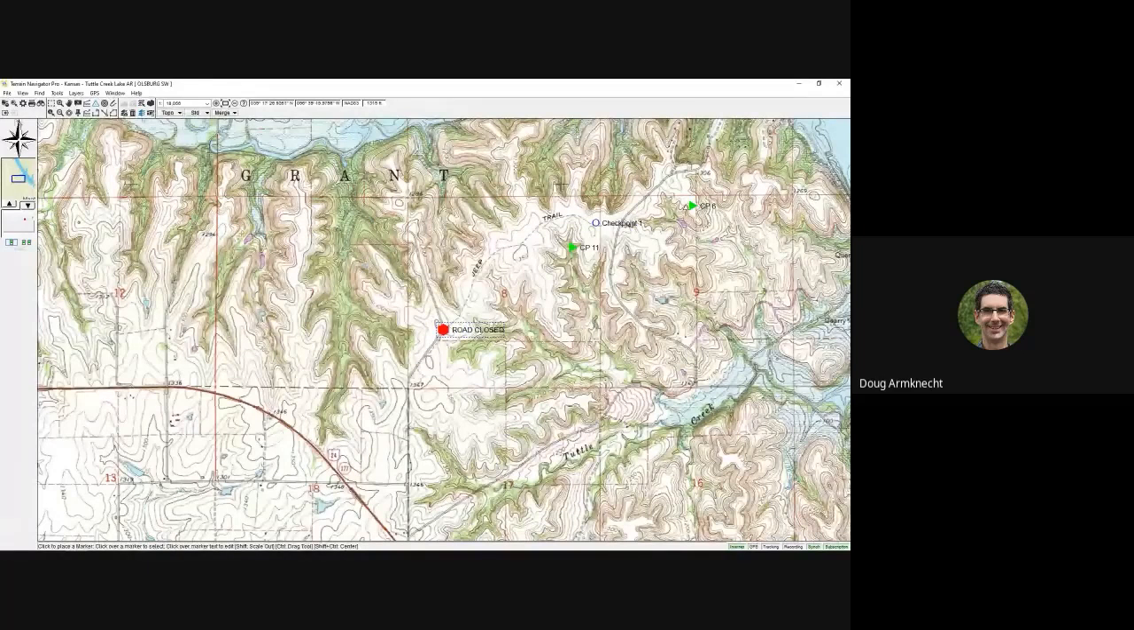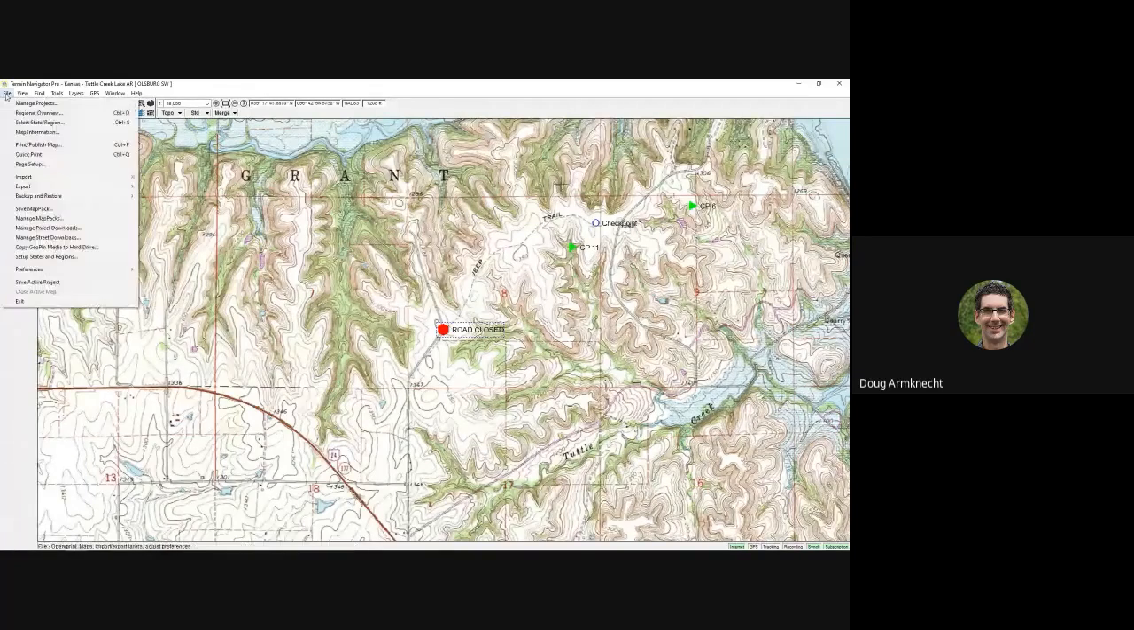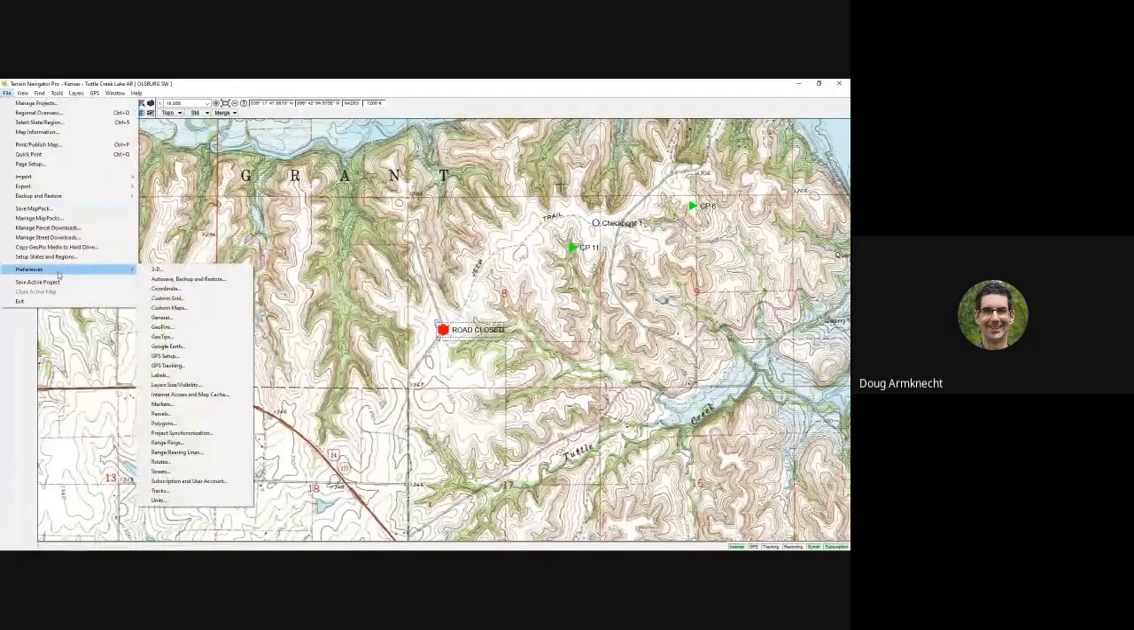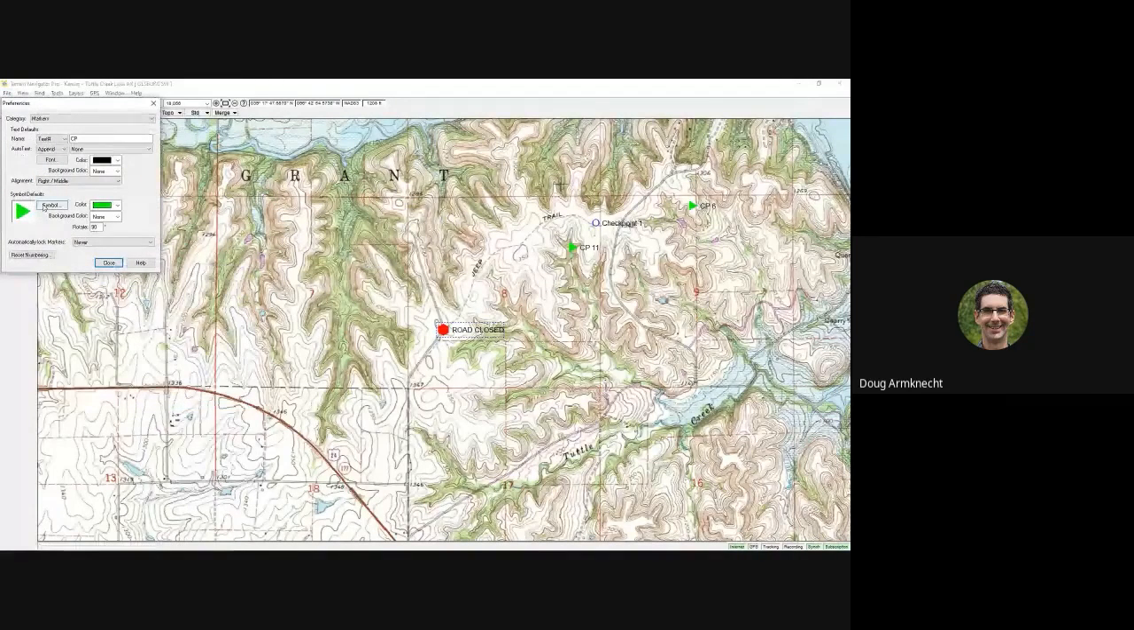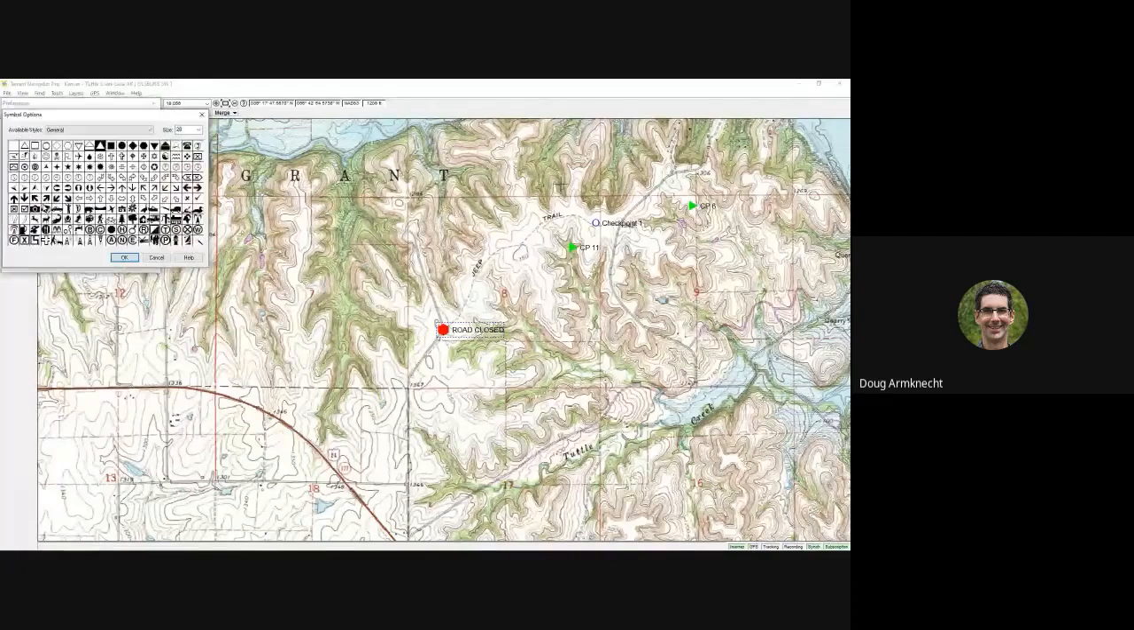Okay, now you might be placing, let's say, a series of checkpoints and you want them to all look a certain way and maybe even be symbolized a certain way. So you can do that by going to the File menu, go to Preferences, and go to Markers. Right now, every time I click to place a point, it's showing a green triangle. So let's say I want to do something else. Go to Markers, change my default symbol,